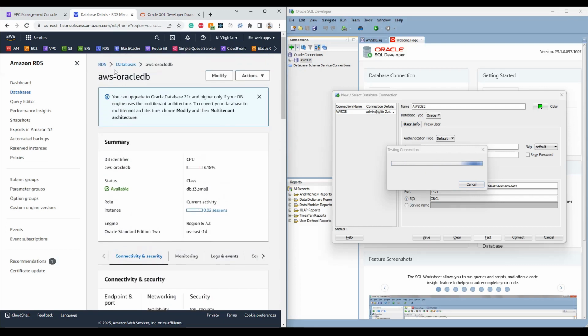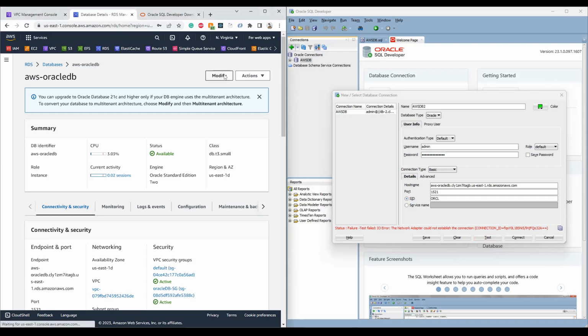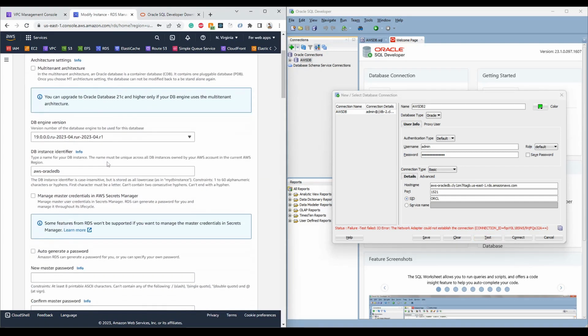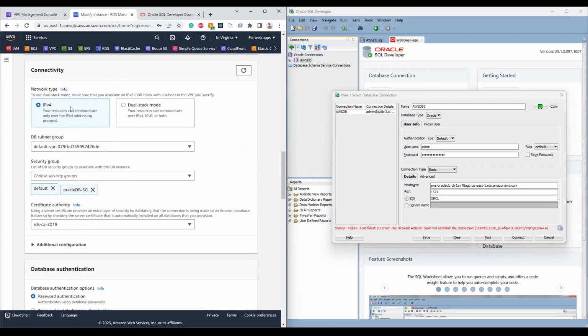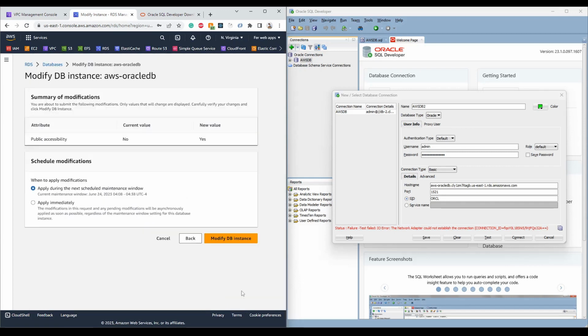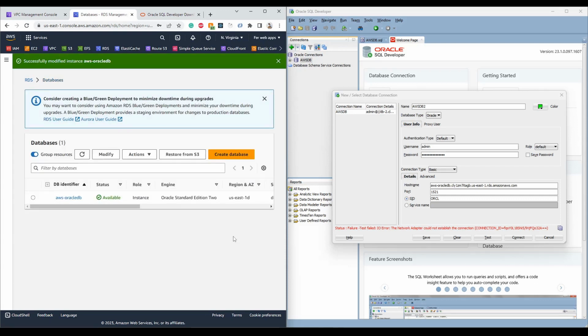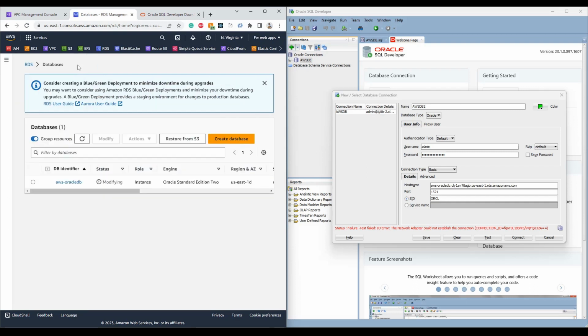So in order to fix this, we have to go to modify, click it, it's here already failed, and then scroll down, and then it's under, I believe it's connectivity, yeah, okay, and then publicly accessible. Boom. Then we scroll down and then continue, modify, yep, and then it's gonna take some time to modify and update this. So if you refresh this, okay, there we go. So it's modifying, so just give it some time,